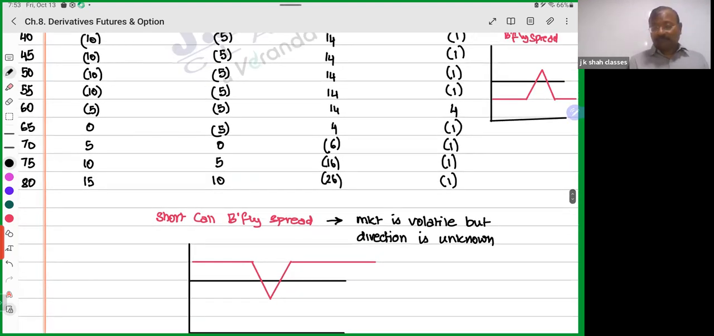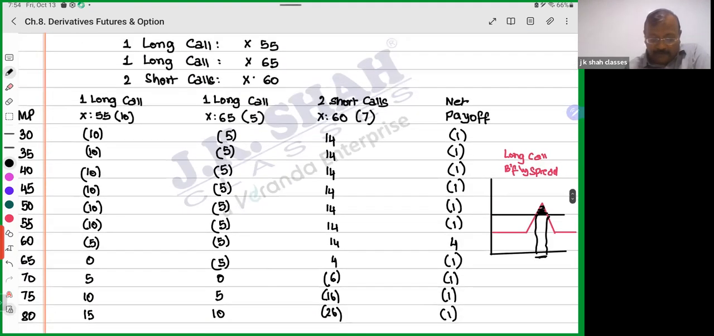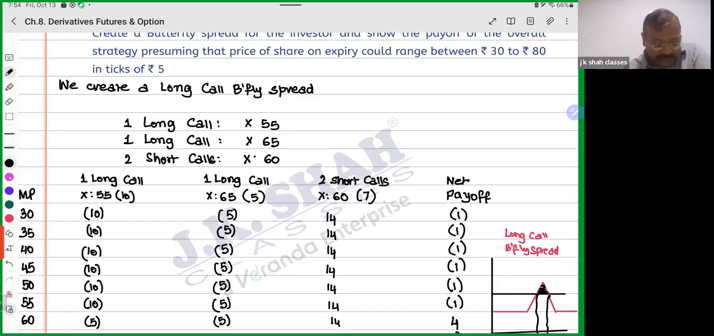Exactly. You'll make profit only here. That means from this price to this price, that's all you'll make profit. And here I told you, we'll just add a